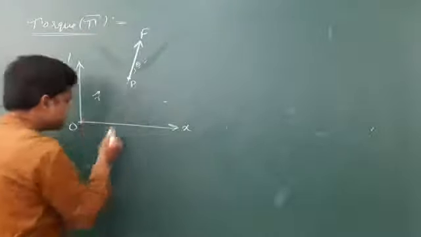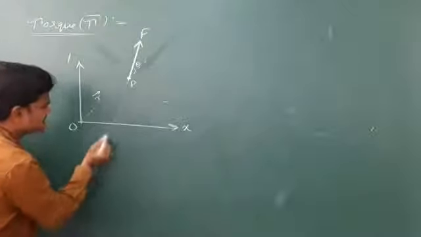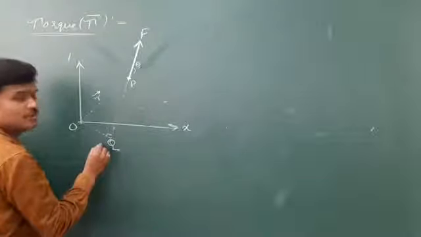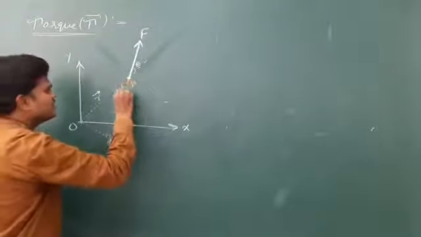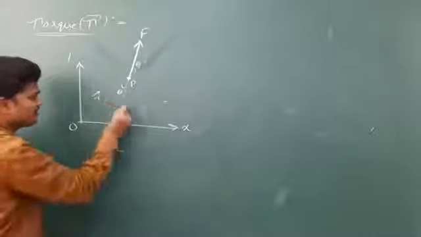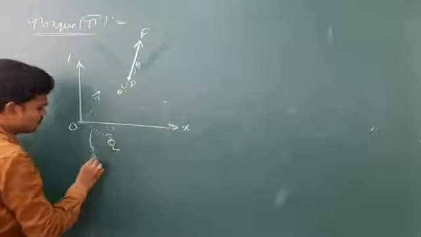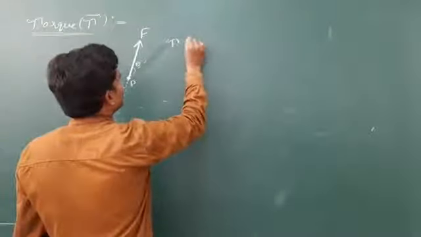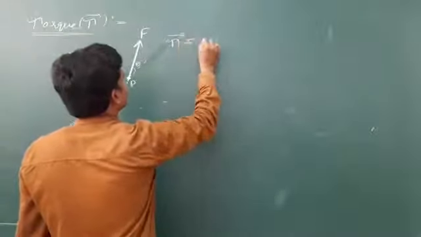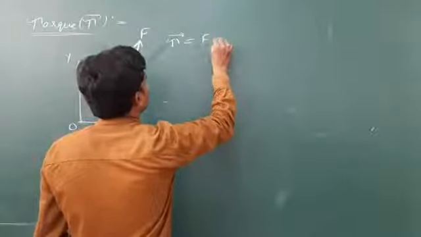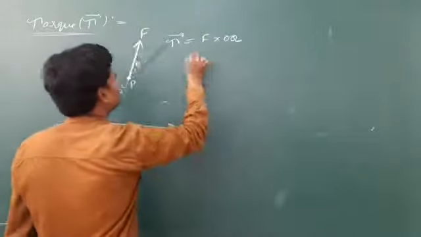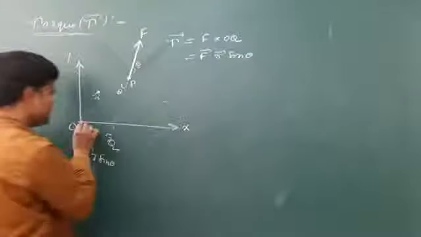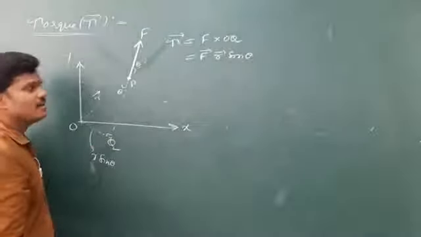Otherwise, to extend it, in your regular classes you learn these derivations. If I draw a normal, and let us suppose this is Q, and if this is theta, this is also theta, then this is r cos theta here. What is this component? You know these things, r sin theta. The torque can be defined as, no doubt it is a vector quantity, the product of force and perpendicular distance. The perpendicular distance is nothing but OQ, and OQ is r bar sin theta.